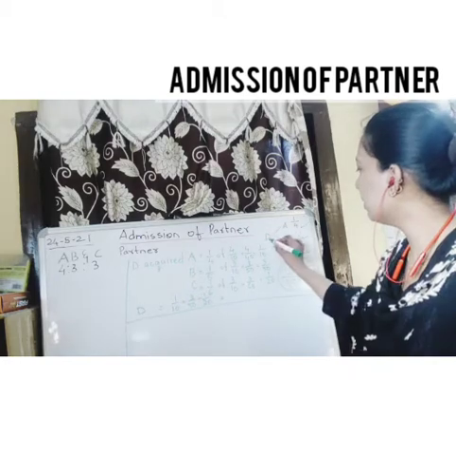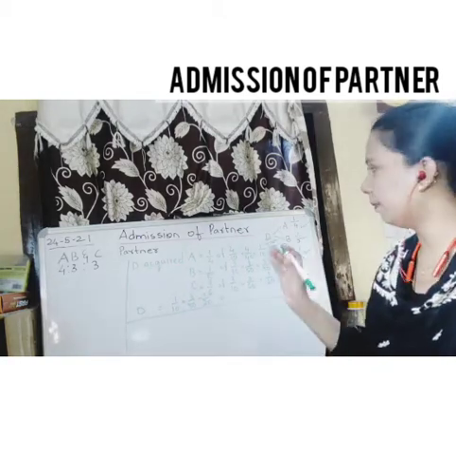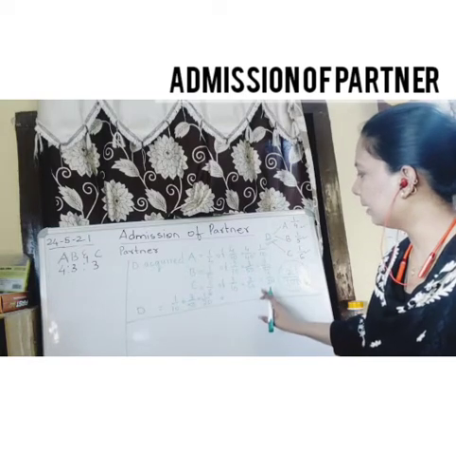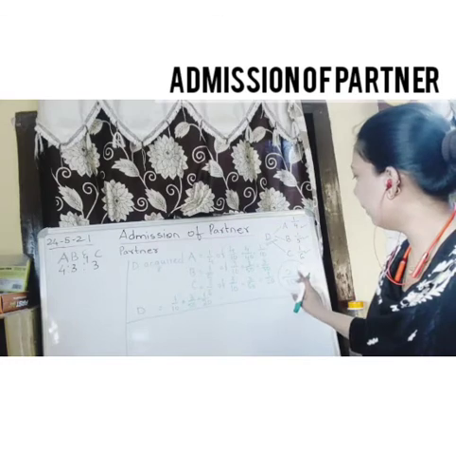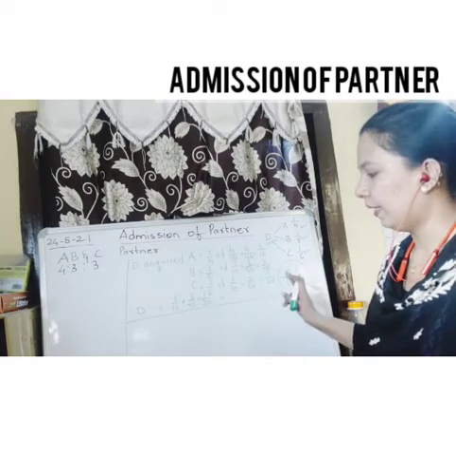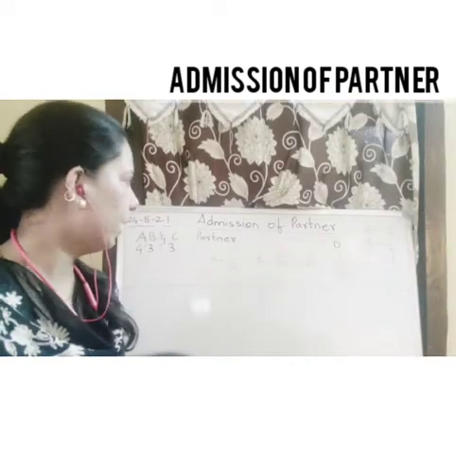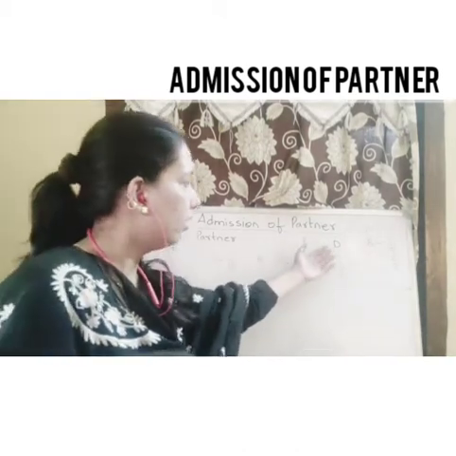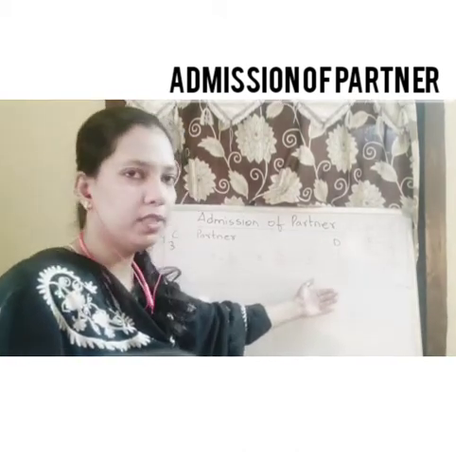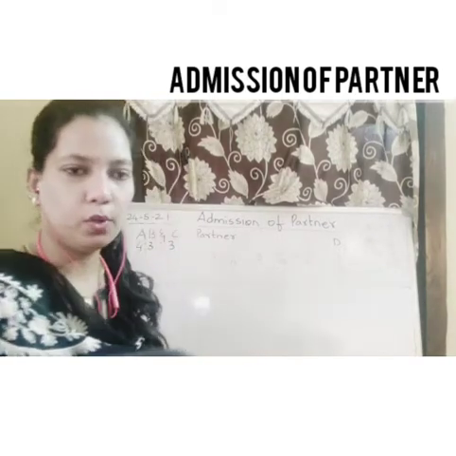Why? Because this question doesn't speak directly about what the figure for D will be. But when you calculate his shares acquired from A, B and C, you will get 21 upon 100. So after calculating the part of A, B and C and then the contribution towards D, it comes to 21 upon 100.